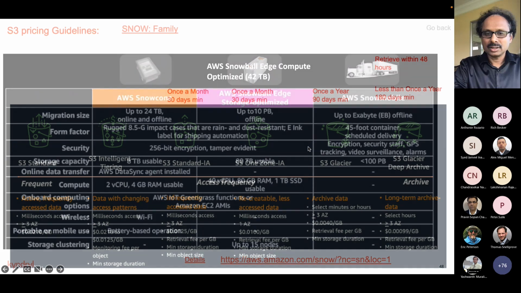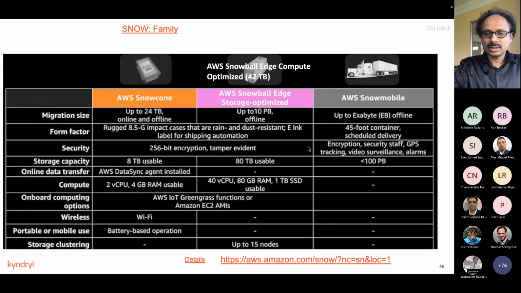The other thing that is important is if the customer wants to migrate petabytes of storage, say they have 100 petabytes of storage. How do we migrate to AWS? Creating a Direct Connect link between on-prem and AWS and trying to transfer the data through the direct link may not work. By some estimates, it takes months and months to complete the data transfer. In that case, we have to select a Snowball Edge device or Snowmobile.